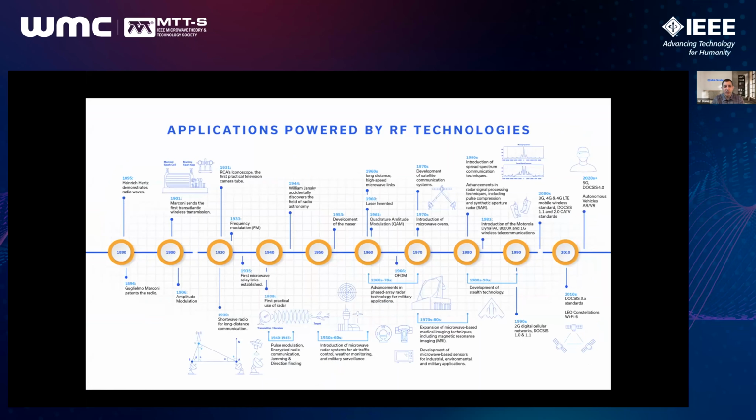Again, a bit of an eye chart here. You'll see the progression all the way back to, again, the late 1800s, when Heinrich Hertz demonstrated radio waves and Marconi patented the radio before 1900. But then there was a proliferation of new technologies that started coming out and applications powered by those technologies. So all of this falls behind the development of the technologies and behind the tools that were created as part of this. And one of the interesting ones is radar